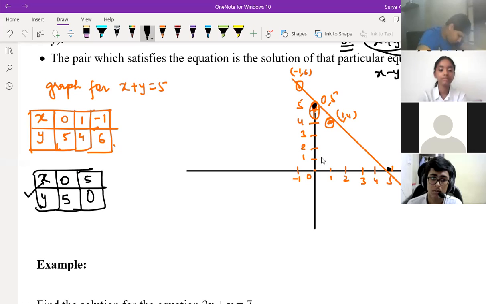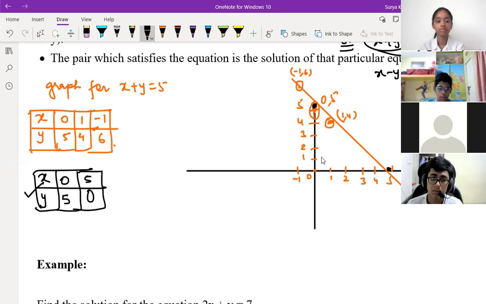Sir, I didn't understand what you said about your method, that all points will come up. See, I'm saying you can take any number of points on this to draw the graph. And my method is once you take x is equal to 0 and once you take y is equal to 0, then what is the value of y if x is equal to 0, and what is the value of x if y is equal to 0? 5 and 5, sir. Yeah, so you should match here 5 and 5.